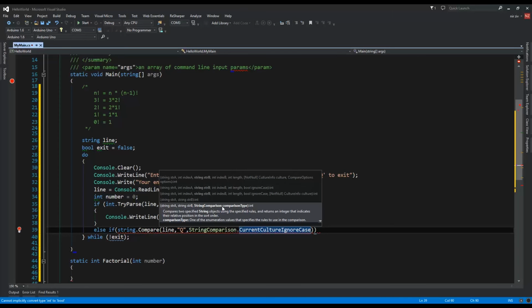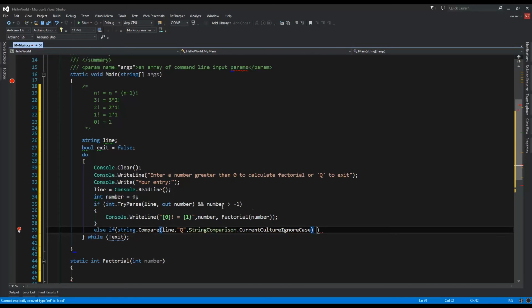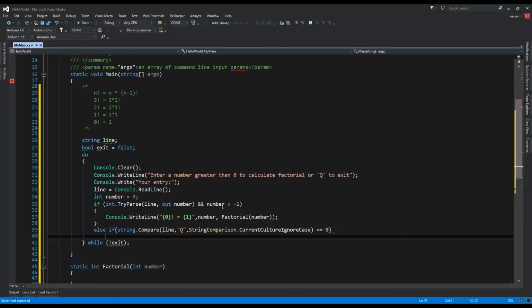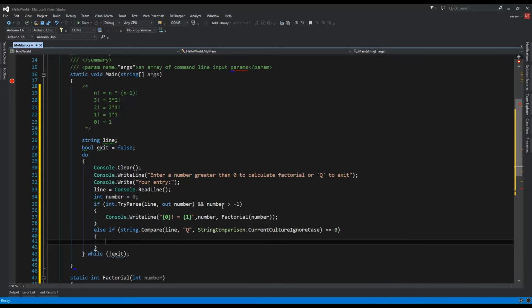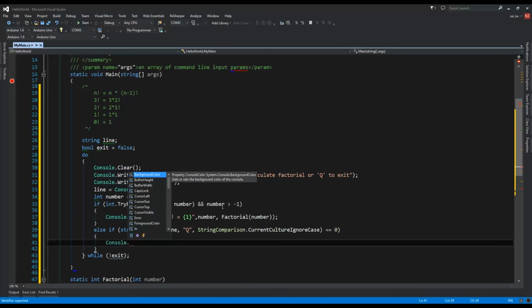And the comparison returns an integer: 0 if they're equal, -1 if the second is greater, and 1 if the first is greater. And over here, all we care about is whether it's equal to 0. If it's equal to 0, we know the user actually wanted to exit. So what we'll do over here is just output to the screen